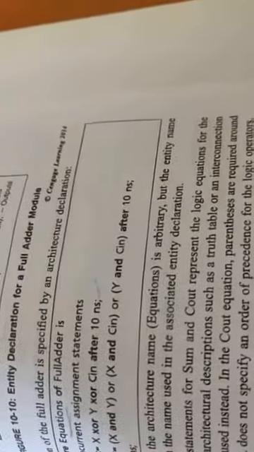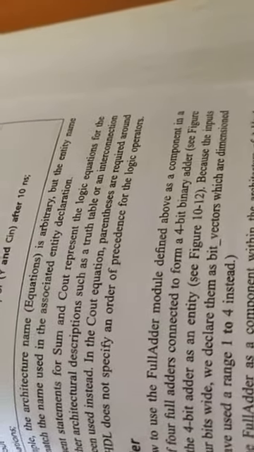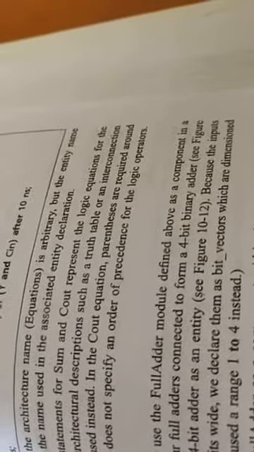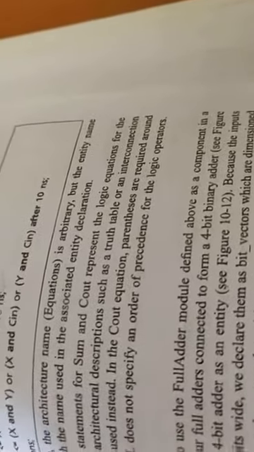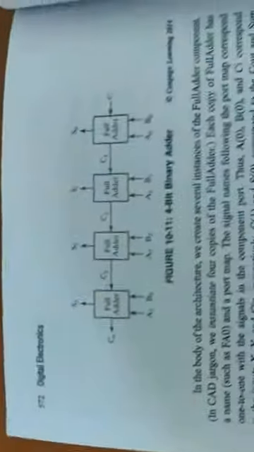The same thing here, if you want to do the same thing here, you are supposed to use the concept called bit vector, the arrays. As I just told in the previous video, you are supposed to use the concept called bit vectors. So this is 1 bit, the full adder. We are going to now define a 4-bit full adder, means 4 bit. So you are supposed to use a 3 down to 0 bit vector. Rather than defining the same thing 4 times, we are defining it 1 time, so that it will be used 4 times.